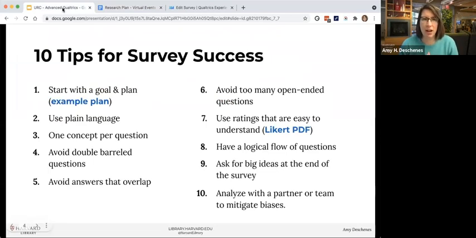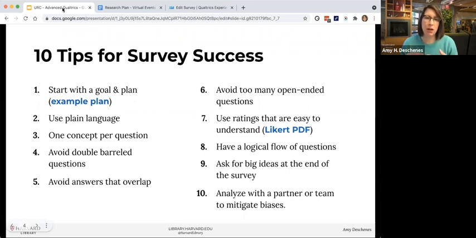So the second thing here, sort of going along with writing for the web and all those good things, is just using plain language. Use tools like the Hemingway editor, which is an app for reviewing your own writing for plain language. Just put your questions in there, reduce the number of adverbs you're using, things like that. All of those plain language tips, make sure you carry them over when you're asking your survey questions.